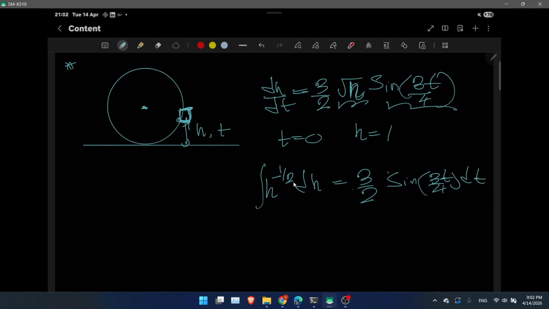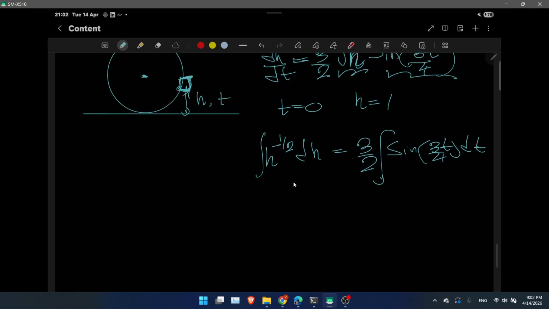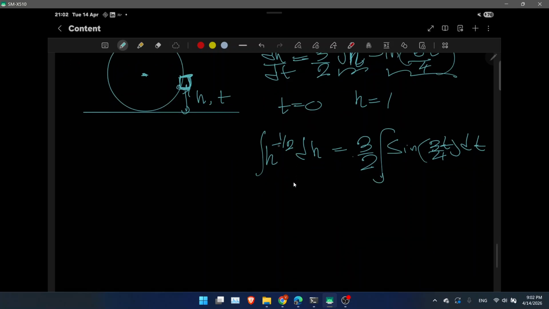So I integrate both sides. Again, this is like h to the power n integration. So what is that? h to the power n plus 1 over n plus 1. So here we add the plus 1, it becomes plus 1 half over 1 half, which means 2 here. So it is equal to the